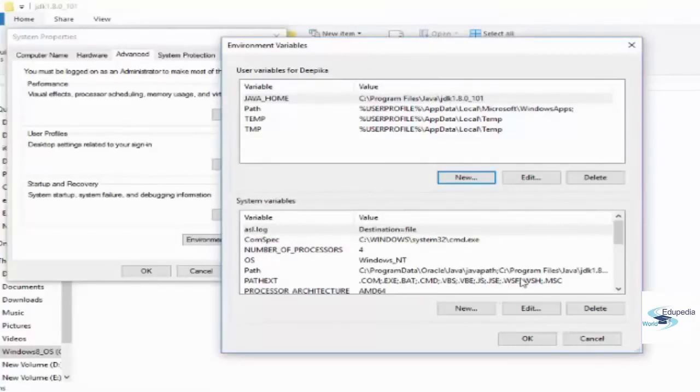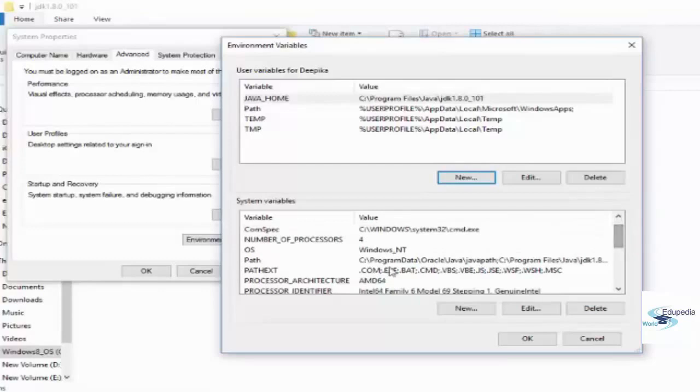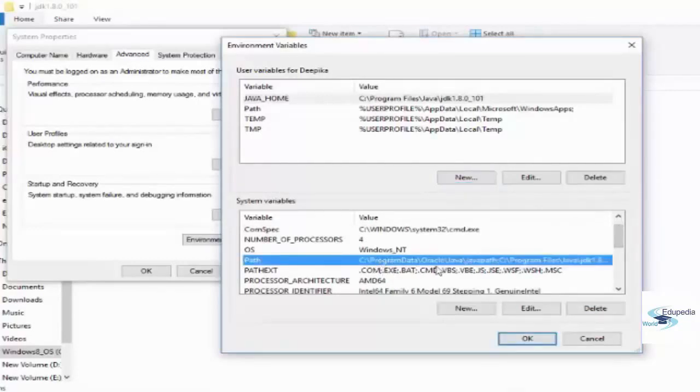And since we have put the path of Java home over here, we can also put the same path in our system variables. So in order to put into a system variable, just go to a path variable. Over here, I do have a path variable. You must be having it on your system.